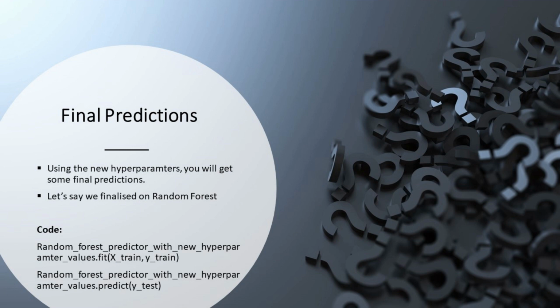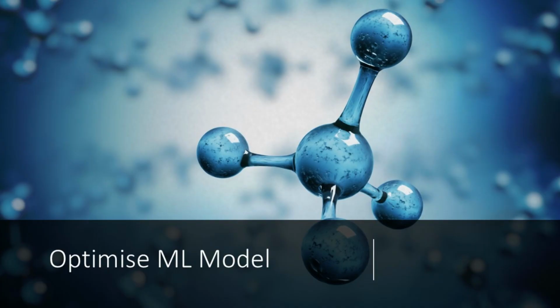Why did we do this, optimize ML model by choosing hyperparameters? Why did we do that? We did that only to improve the accuracy of the model from 86% to some other number. So finally you will get a much better number. And that's all. So I will summarize a little bit what we did.